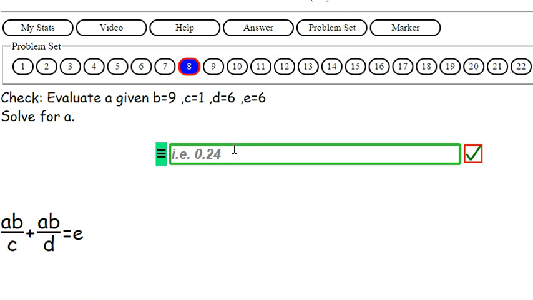Evaluate A given. Okay, well, we got to figure out what A is first, I suppose. Whoa, what is all that? I'm going to have to write that one down. A times B